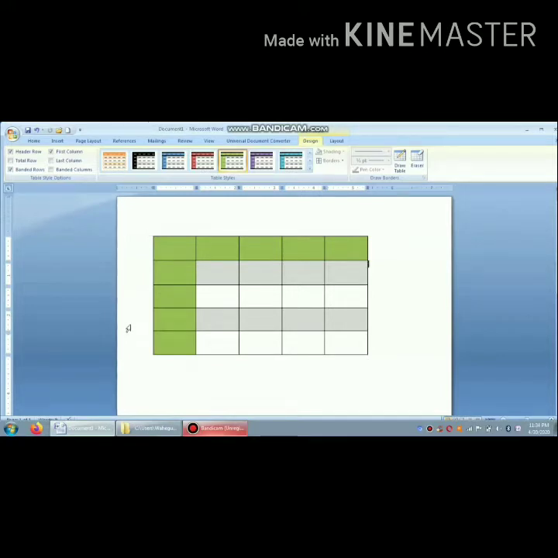Now the next step is to enter data in the table. Click on the cell where you want to enter the data. Now how to move in the table? By clicking on the Tab key or using the 4 arrow keys, which are also known as cursor control keys.